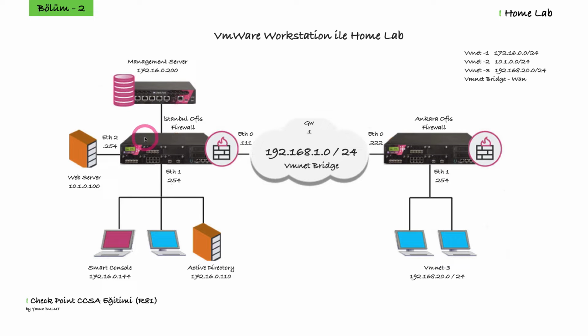If your machine has 8GB RAM, you can practice using the standalone deployment model. In other words, you install only one firewall, and you can install this firewall and management server on the same device and run them as standalone. If your machine has more than 8GB of RAM, for example 16GB of RAM, you can use the distributed deployment model we used in the lab.